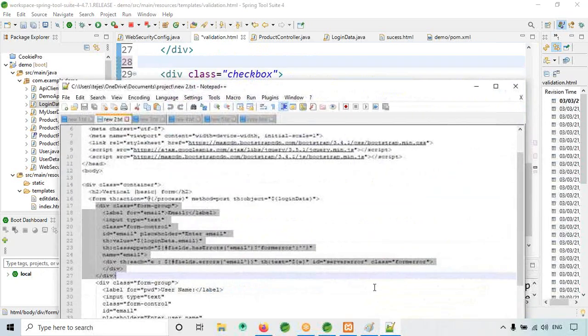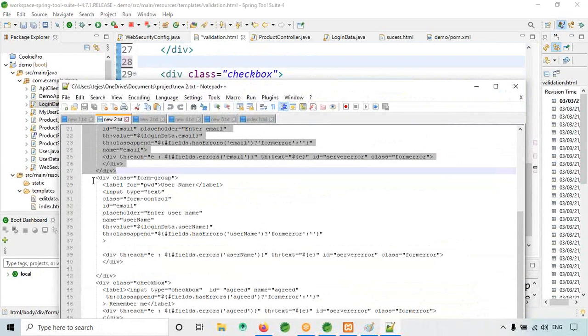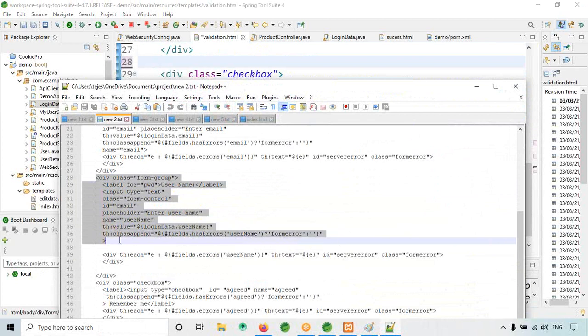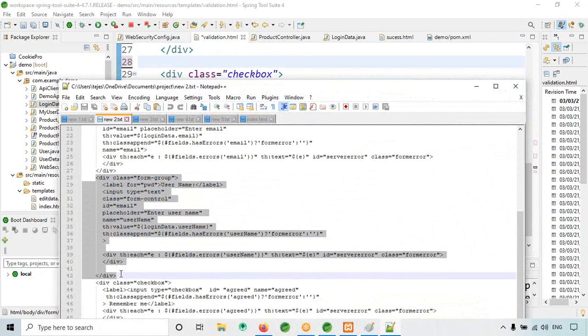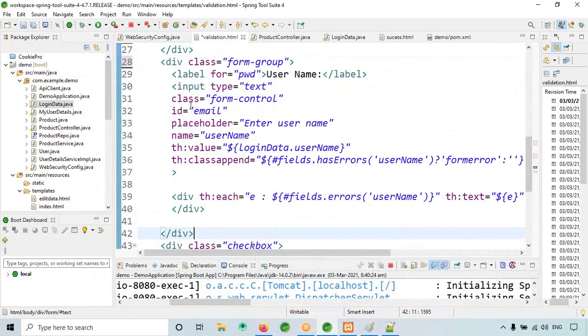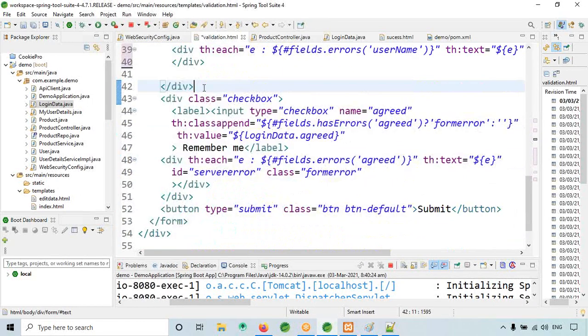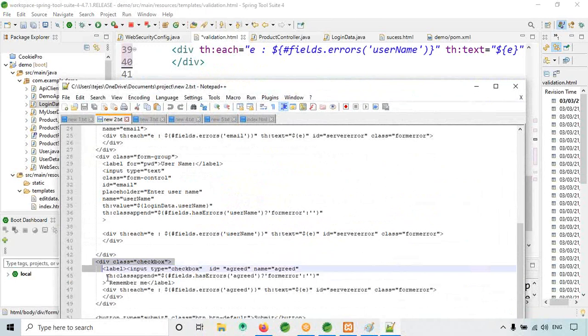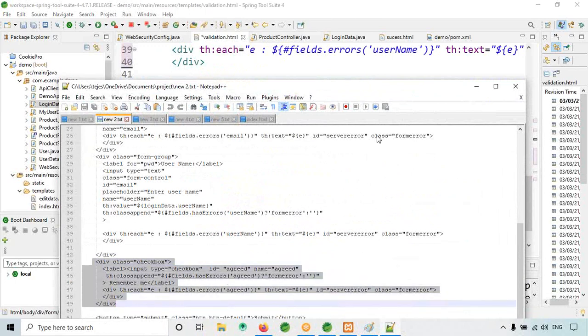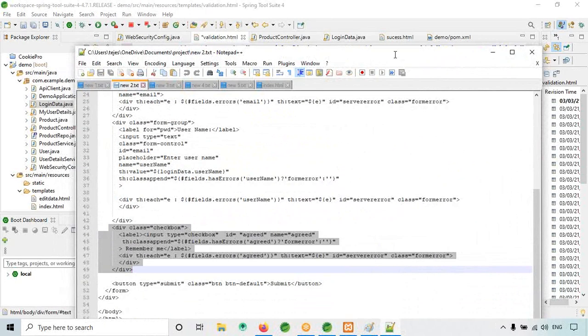This one. This is for username. This is for checkbox.